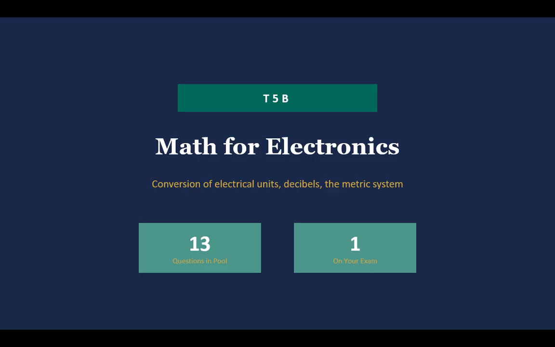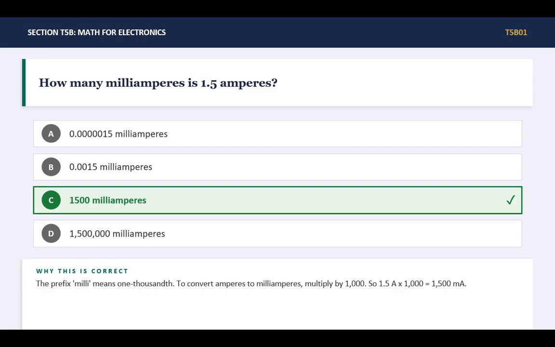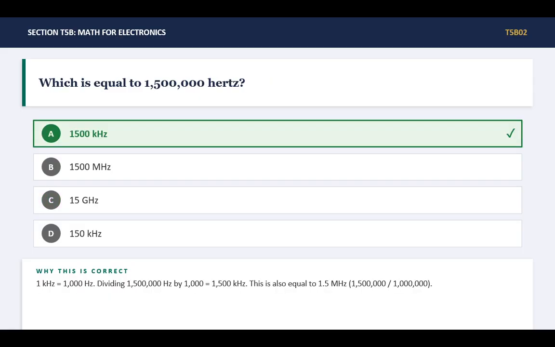Section T5B Math for Electronics, Conversion of Electrical Units, Decibels, and the Metric System. How many milliamperes in 1.5 amperes? C. 1500 milliamperes. The prefix milli means 1000, so to convert amperes to milliamperes, multiply 1.5 by 1000. So 1.5 amps times 1000 equals 1500 milliamps, which is equal to